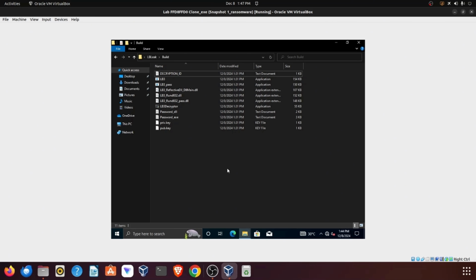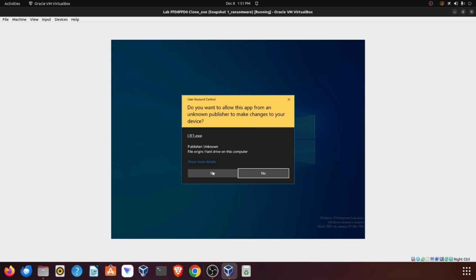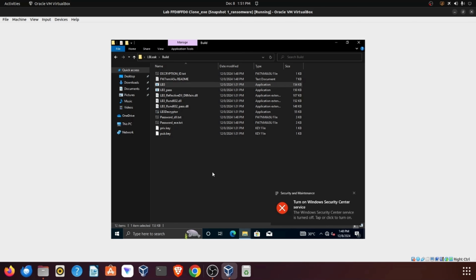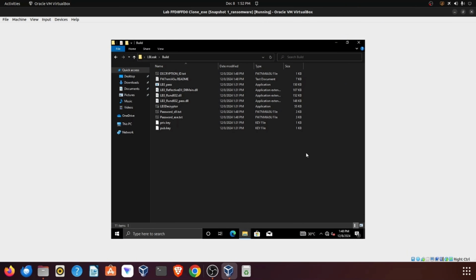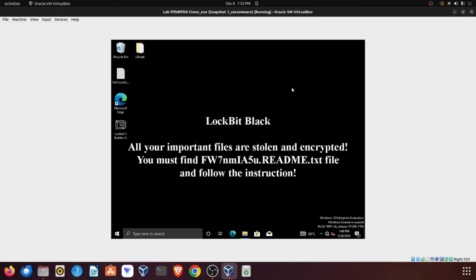So, let us execute the ransomware now and see it in action. So now I will run the executable file as the administrator. So, as you can see, the desktop wallpaper has been changed, signaling that the system is infected with the LockBit 3.0 ransomware. Now, let us dive into a few directories to examine the ransomware's activity and check out the files